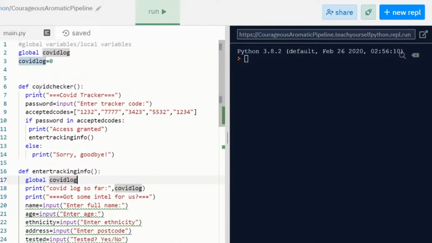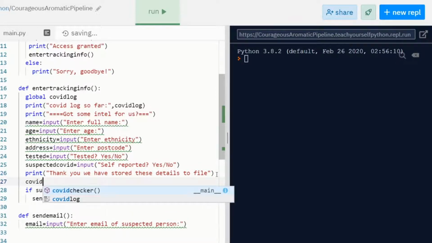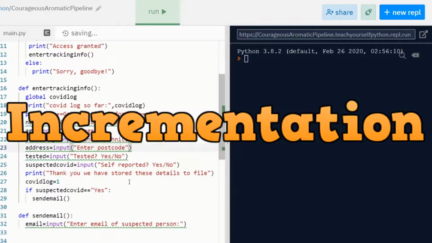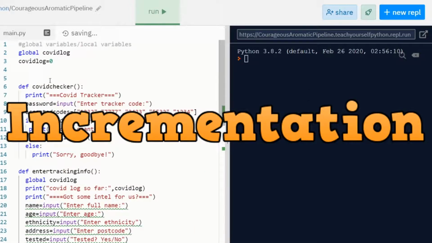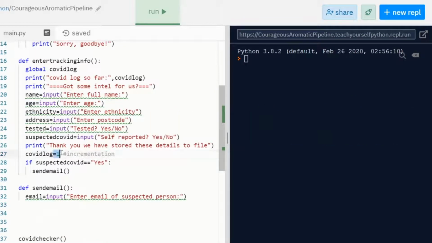Now, at what point does the COVID log go up to 1 if it started at 0? Or if it started at 90, when does it go up to 91? Probably at this point here. Thank you, we've stored these details to file. So what I'm going to do is over here, I could go for COVID log is equal to 1. And that would increment, so remember the word we said, incrementation, that would increment the value 0 and make it 1. Now, obviously this is not the best way to do it because it's not going to be automated